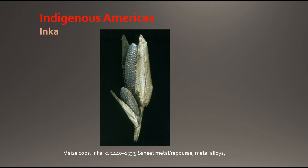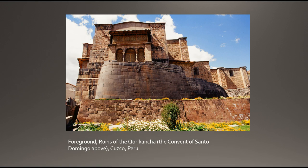Incan architecture defies the odds. I'll go ahead and show you an example by building impressive and very well-designed cities in some of the most inaccessible or inhospitable places on Earth. I mean, you have to think about a lot of this. Some of these cultures lived along mountaintops and very treacherous terrain, so it would have been very difficult